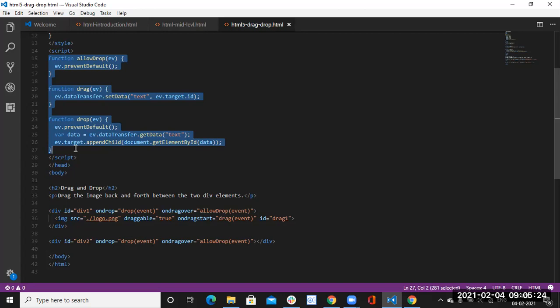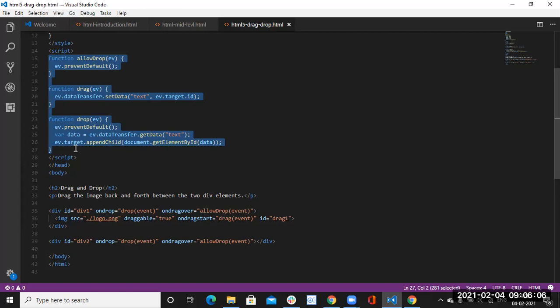Means you are closing the window. Say you have opened Google Chrome and you have saved some data. When you close the window, meaning you close Google Chrome, the session storage data will automatically be gone from that storage. Every browser contains some storage, and that storage is session storage and local storage. So when you close the window, the session storage will be gone. I will show you that also, but you can remember the difference between session storage and local storage.